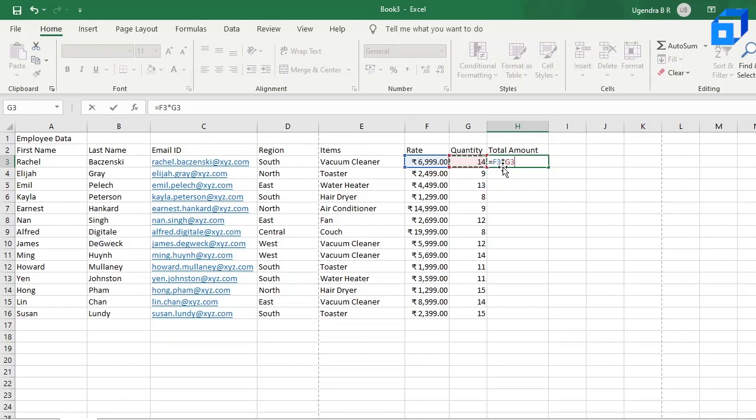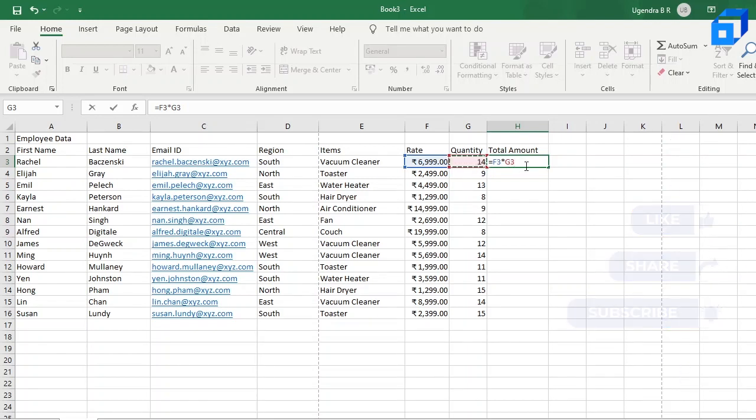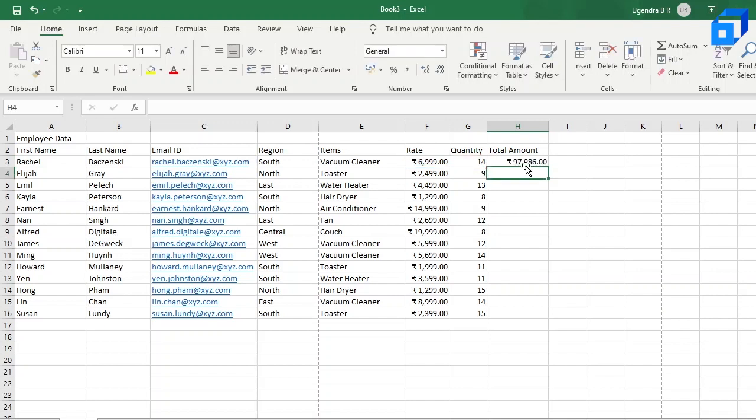As you can see, F3 is light blue in color, so the cell which is selected over here is also light blue, and G3 is light red in color, and the 14 value over here in the quantity is also light red. Now if you just click on enter, you get some value which is the product of rate and the quantity. And here you can see that the formatting is already in currency because you've used formatting in currency over here.